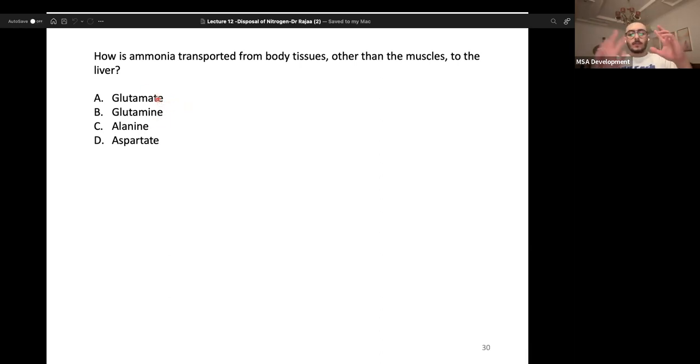And that's the temporary storage. What do I mean by temporary? I mean it's only the time in which the ammonia rides with the glutamine. Just understand it in this basic way. So that the glutamine can transport through the blood to the liver, and in the liver, it can come back to become glutamate again,